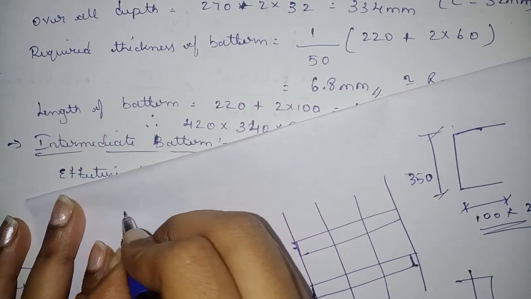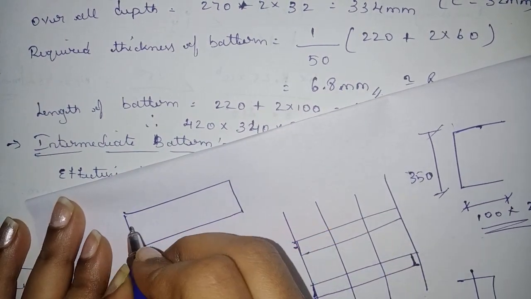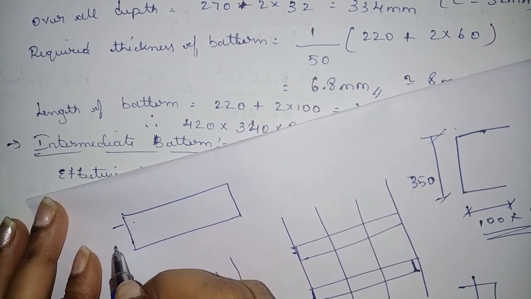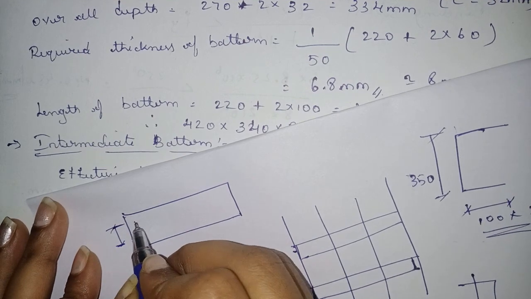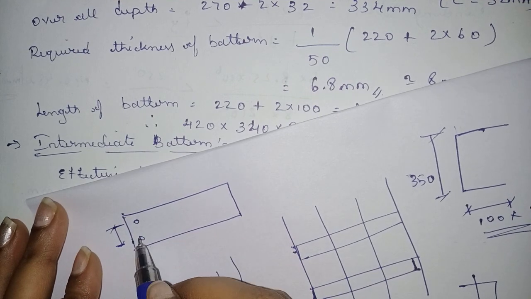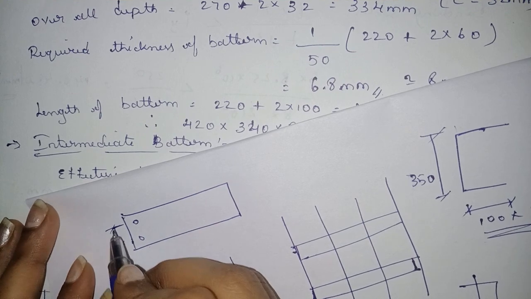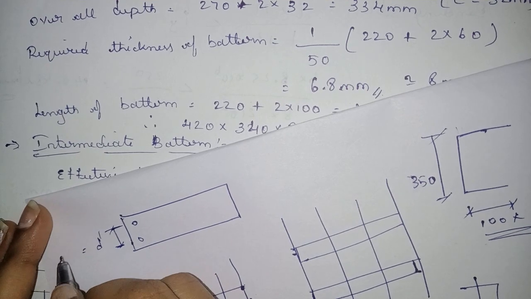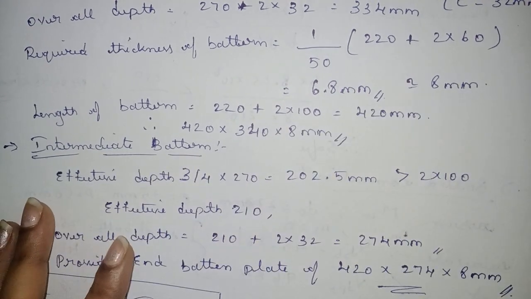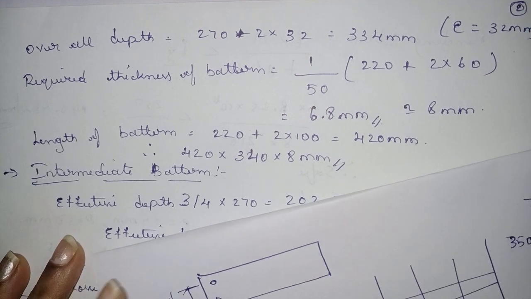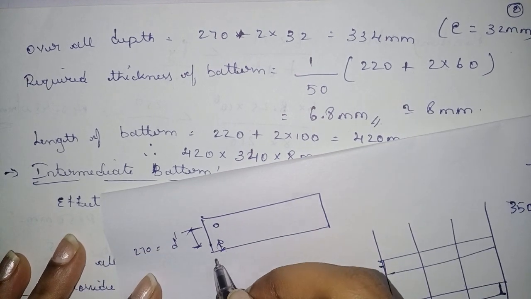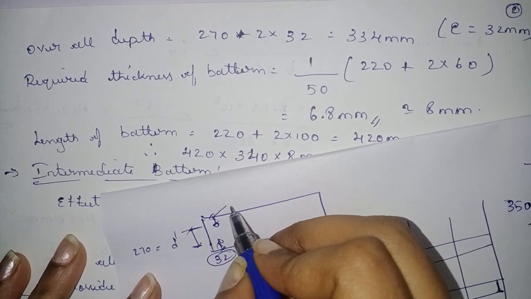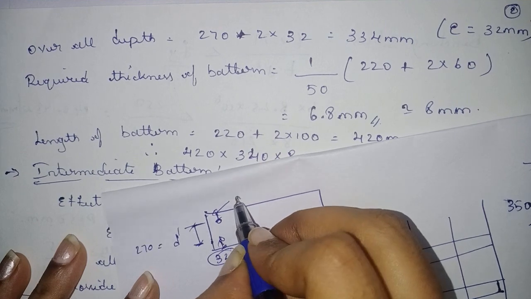So till now we have calculated this effective one. Effective one is from the center, leaving the edge distance from here to here. If you are giving the bolts here, we'll give the edge distance, right? Leaving that, we have calculated the effective depth. I'll take it as D dash. What is the D dash we have calculated? It is 270. Got it, no? So now we'll calculate the overall depth. I'll assume the edge distance as 32. You can take it as 30 or 40, whatever you want. So this I will take as edge distance.